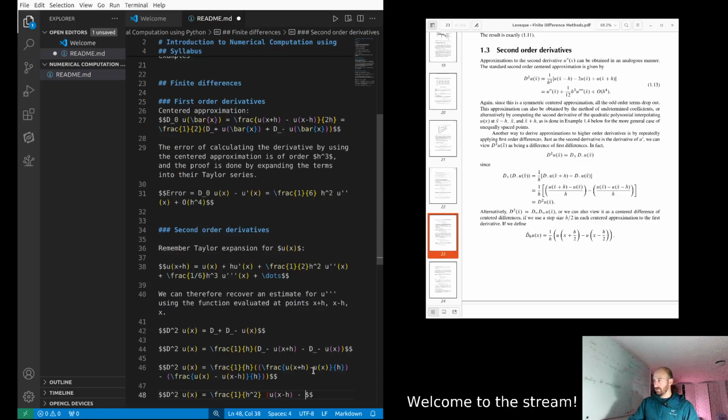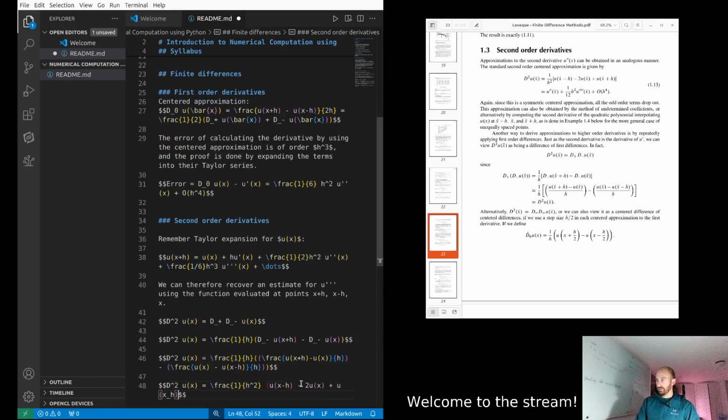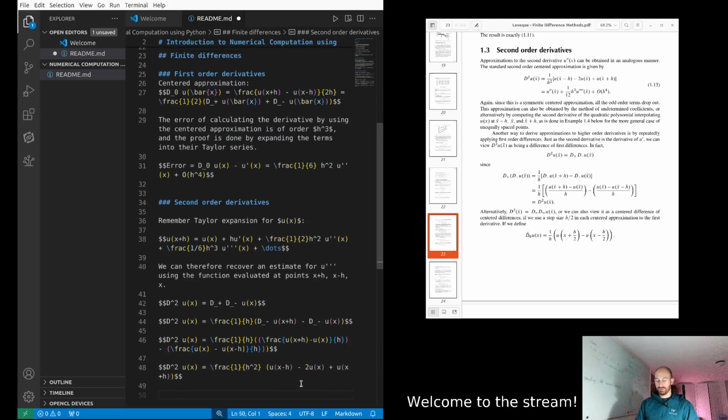So we get minus 1 here, and then minus 2, and that's it. So minus 2 u of x's, and then you get u of x plus h one time, so plus u of x plus h. And that's it. We close this parentheses, and that's the definition then of the centered